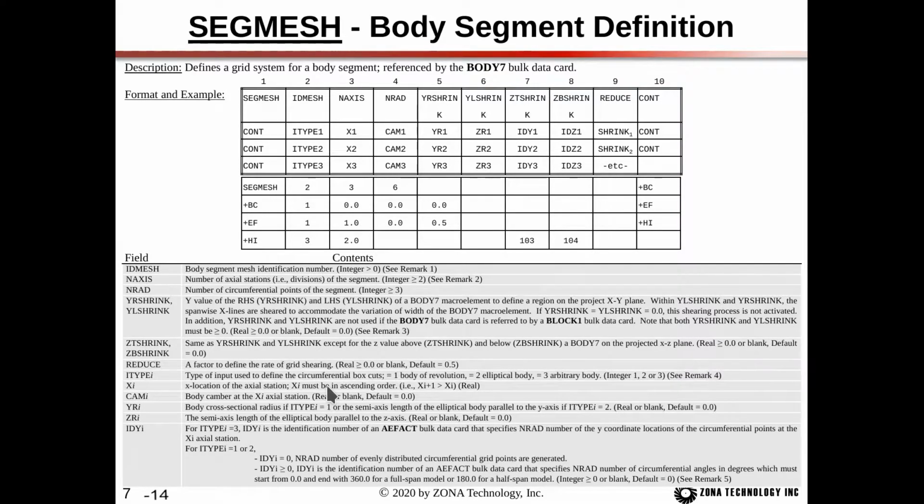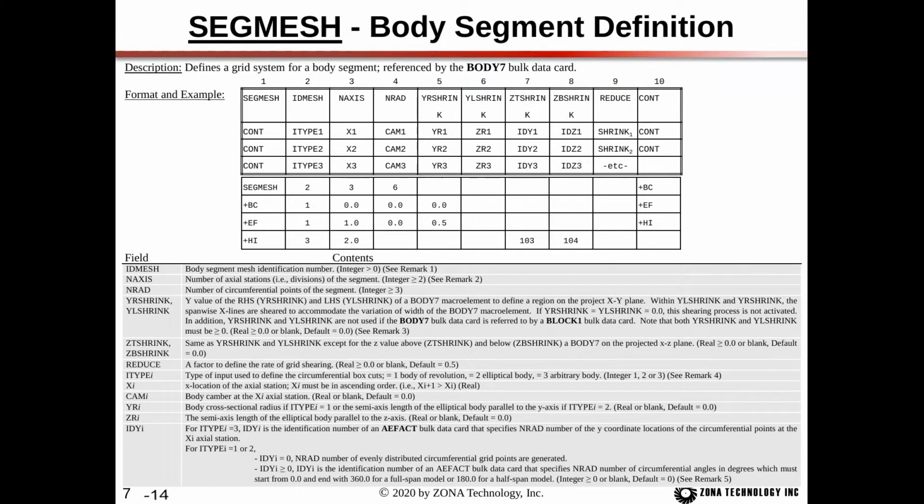Next, Xi is the X location of the axial station, and of course the X must be in ascending order. As a special case, you can have 2 repeated rows with exactly the same X value. And that's because ZEUS does allow you to define 0 area surface panel boxes. So if you imagine the F-15, for example, the engine inlets, the way to define those in ZEUS, if you want to model those accurately, you would have to have repeated X coordinates so that you can have that